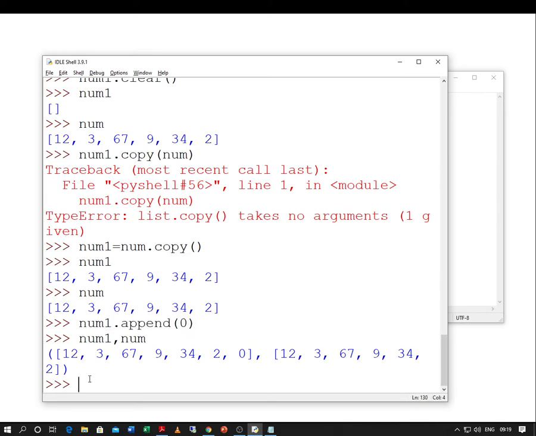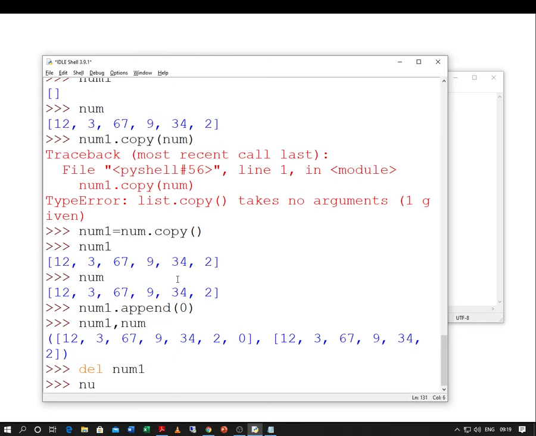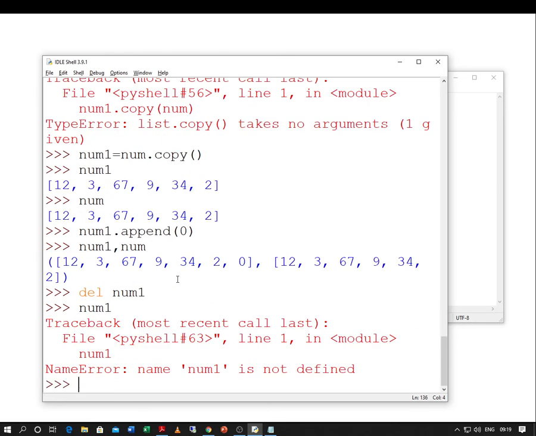We are going to see something that we can do similar to a copy. Say for example, once again I am removing num1. So now if you try to observe num1, it is not there. Now I am doing something similar to the copy method, but there is a difference. And why is there a difference?